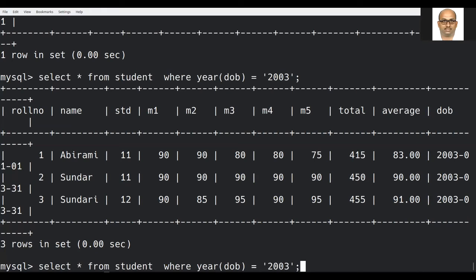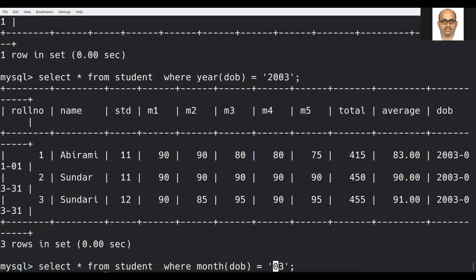Similarly, when they are asking to display the student details who are born in the month of March, the only criterion you should note in using this function over date of birth is that we have to give the data within quotes.